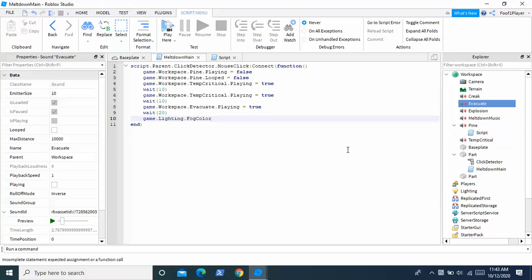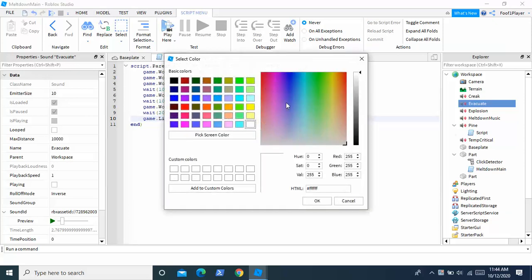game.lighting.fog color, and then equals color3.new, and then afterward you're just gonna put these parentheses right here after color3.new, and this should pop up. This is a color picker for your fog color. So for the meltdown, you're probably gonna want a red fog color